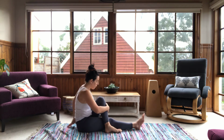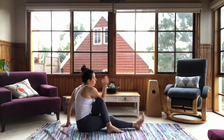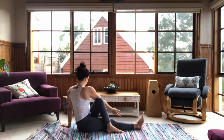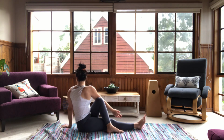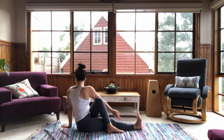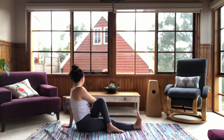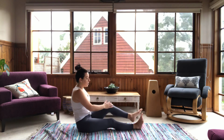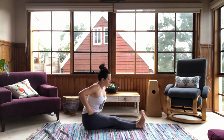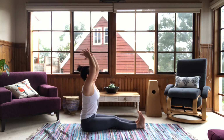This time the left hand comes around behind us. As you inhale, reach your right arm up. Exhale, finding your twist. Again, gaze might be straight ahead or back past your back shoulder for 5 breaths. Slowly releasing, coming all the way back to center, releasing that left leg out long. Both feet flex back. We'll take another full forward fold as you inhale, reach up, lift up, and then exhale,